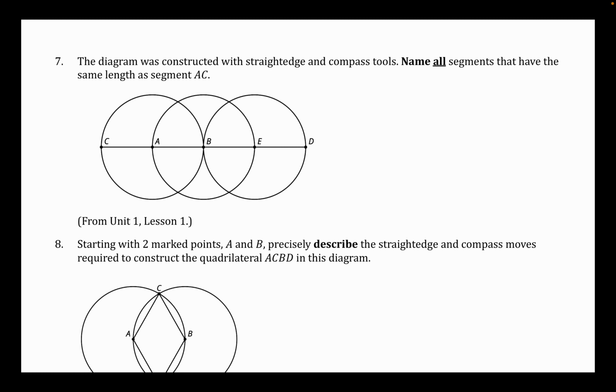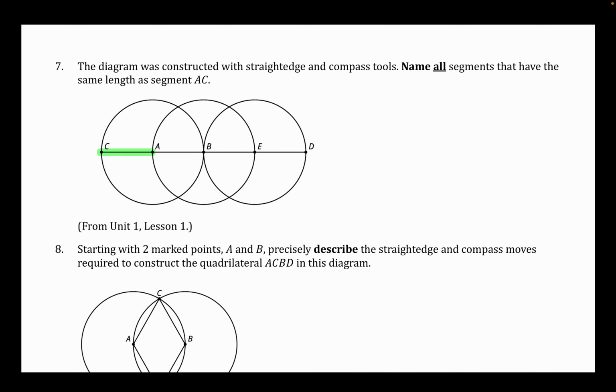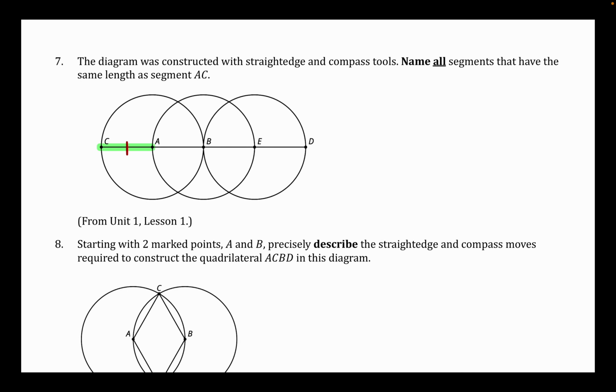And our job is going to be to name all of the segments that have the same length as segment AC. So I'm going to highlight AC on here because that is the one that I am looking at to be the same length as. Now that's the radius of circle A. So I'm going to put a congruence mark there